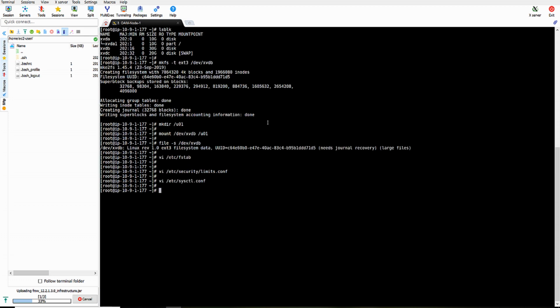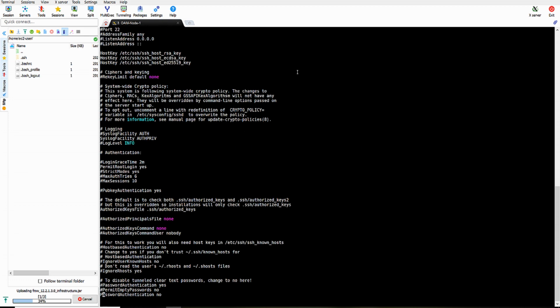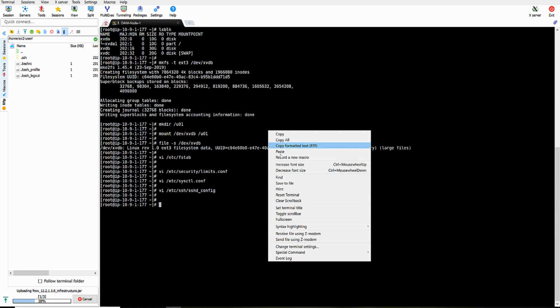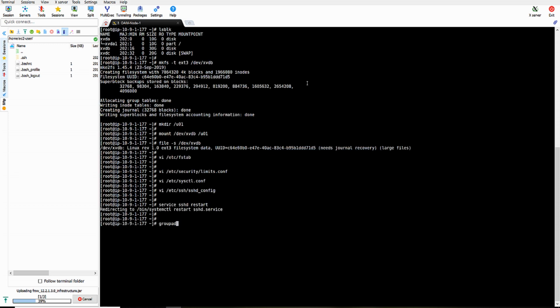Now let's configure SSHD. Change it to yes. Password authentication should be yes, so that we can log in as Oracle user, and public key authentication should be yes, and client alive interval should be more than 600. Let's restart SSHD, create a group, create a user and add the user to a DBA group,